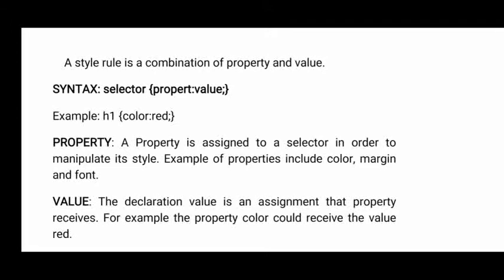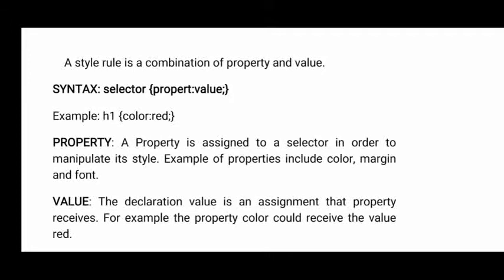Already in HTML I have explained attributes like the align attribute, the bgcolor attribute, the background attribute. All those attributes are called properties in CSS. They are nothing but additional information: the style of the text, the style of the content.